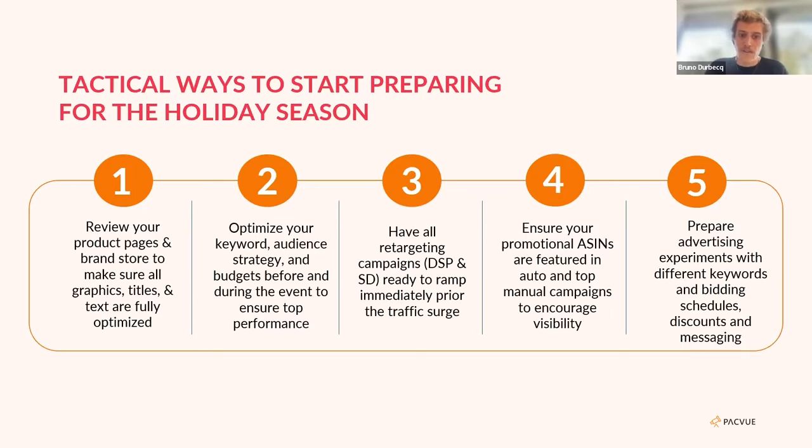Ensure that all your ASINs are in all targetings of the sponsored product campaigns, in the automatic targeting and in the manual targeting. It's important that they are in the two because you can actually use your automatic campaign to fill your manual campaigns with data that Amazon is actually giving us. So try to find a way of working with your automatic campaign and your manual campaigns inside your Amazon sponsored